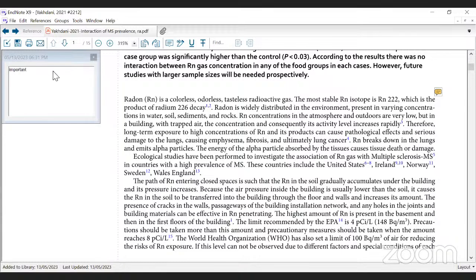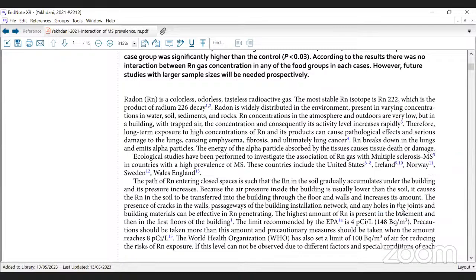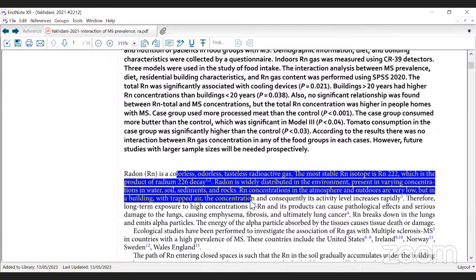Important, let's say, and close. Click on it, double click, so you can see your notes here. If you want to remove the sticky note, delete annotation. Okay. Anything you would like to do,